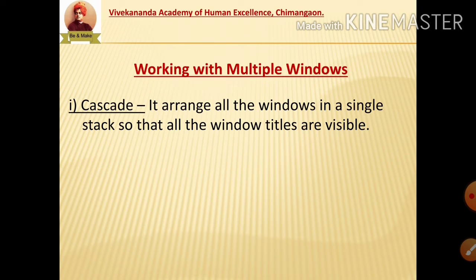It arranges all the windows in a single stack so that all the window titles are visible. It means whenever we click this option, all the windows or applications which are open on my desktop get arranged one on another, showing their titles.